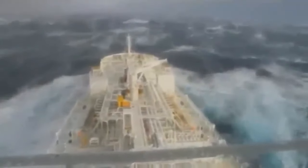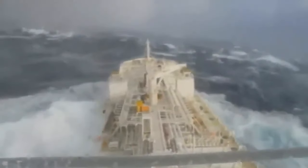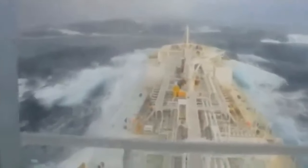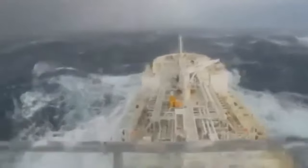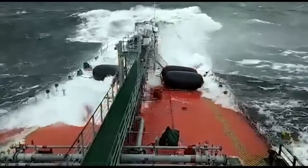Oil tankers are ships designed to carry large quantities of crude oil and natural gas. Redesigning ship hulls to be stronger and more resilient to impact is also important. In addition, oil tanker ships are equipped with advanced navigation systems that allow them to navigate through stormy weather with precision. These systems help the crew to safely steer the ship through turbulent waters, avoiding potential hazards such as rocks